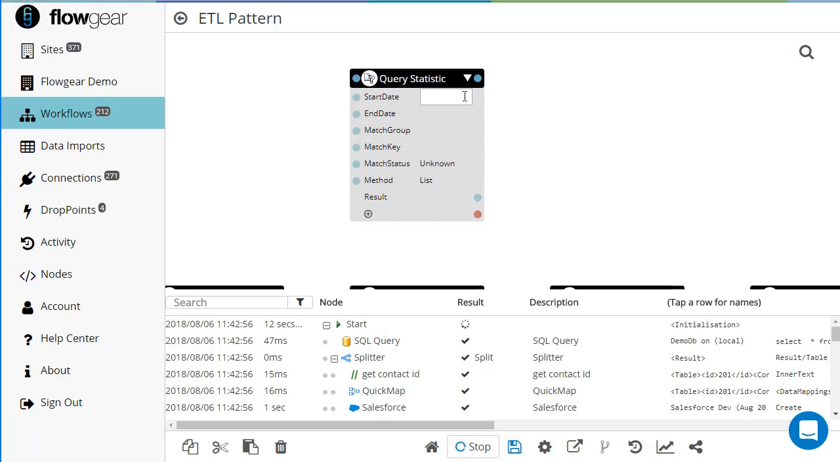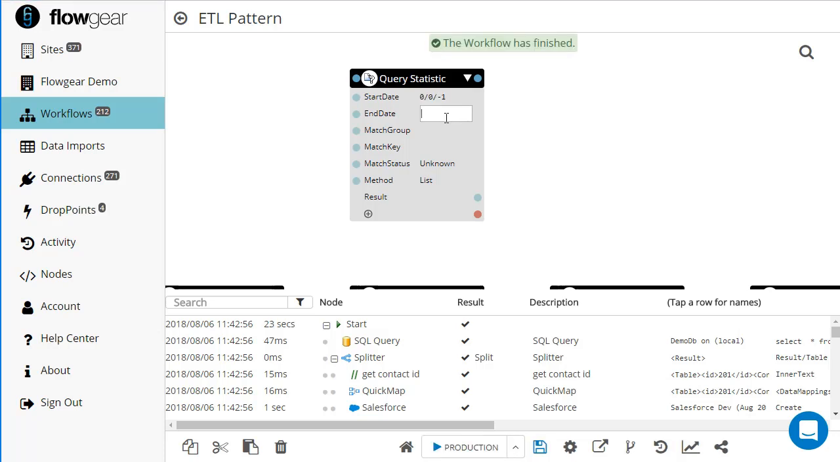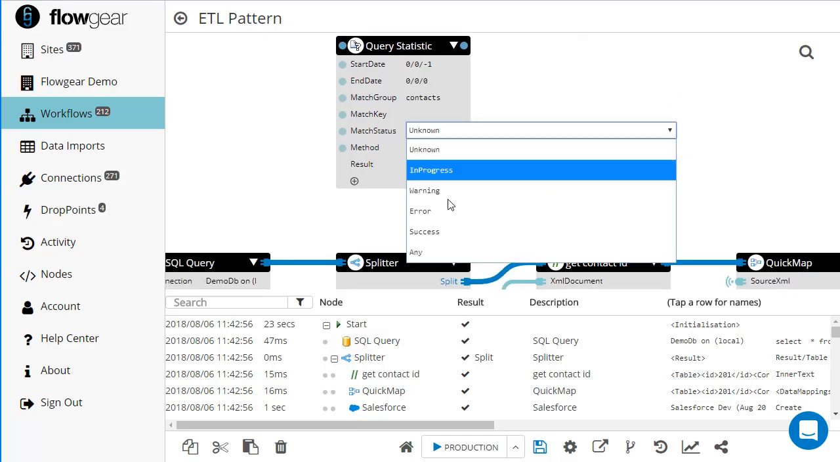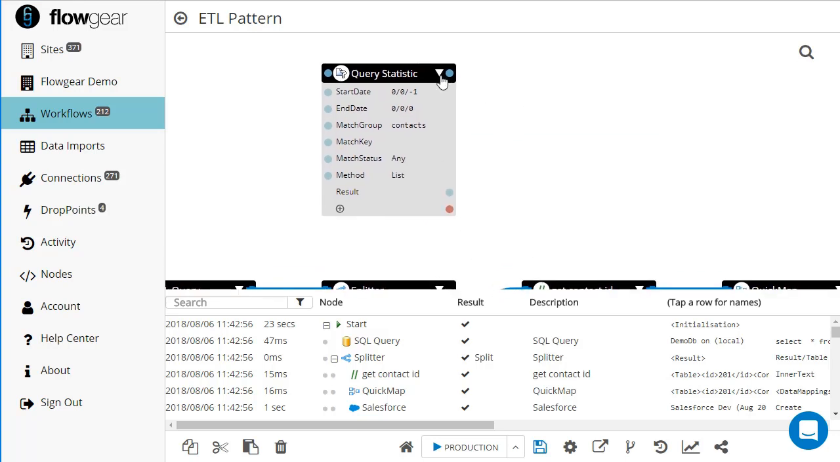And what you would do here is take a start date, so say let's look back one day. So the start date supports relative dates, so that's year 0, i.e. the current year, month 0, i.e. current month, and day -1, so yesterday, up to today. Match on what we call the contacts group that we specified earlier, and then tell it to match any statistic. And if we run this step over here,